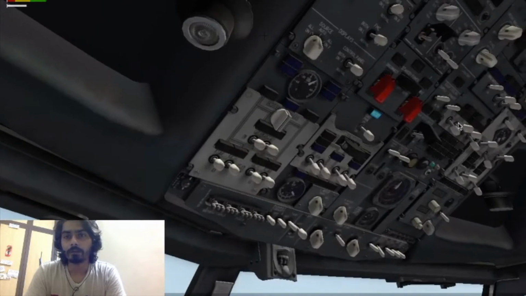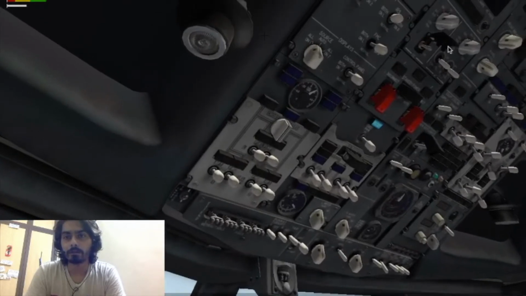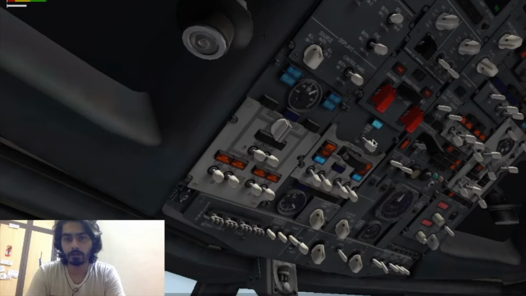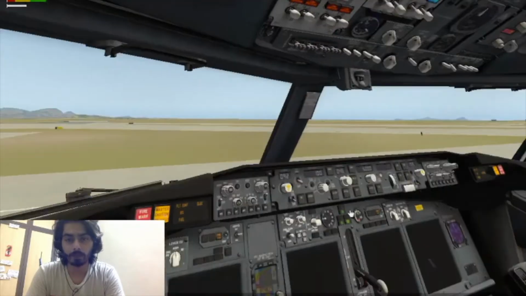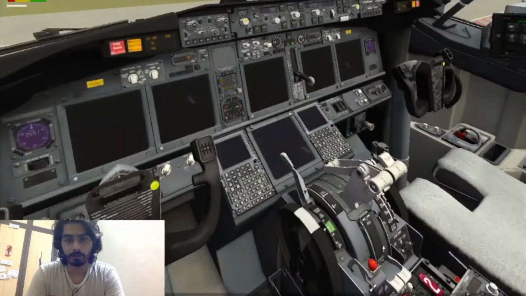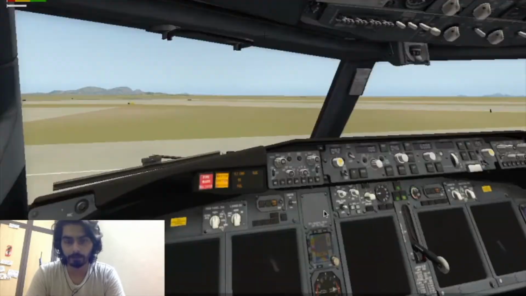So the first thing that we need to do is set the master DC to on. Okay. This is my ground power. For now, I'll need to take up power from the ground, which is the GPU. So I'll set this to on. यहाँ पे मेरे इंस्ट्रूमेंट्स में लाइट आनी शुरू हो गई है।